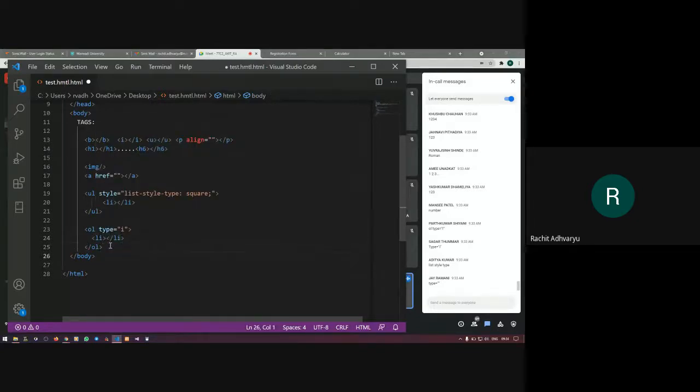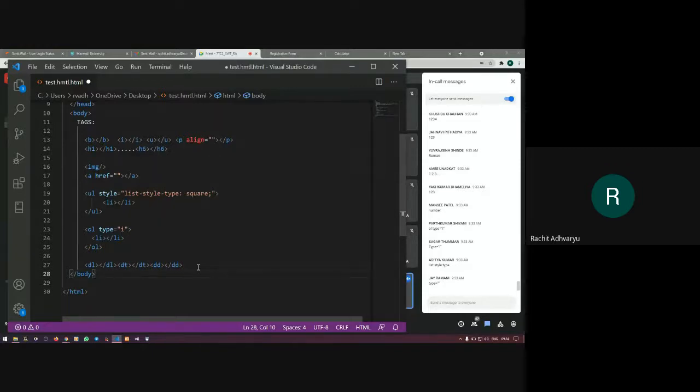Let's move on to the next tag of body, and that is DL, DT, DD. Now tell me, what is the sequence of this definition list?